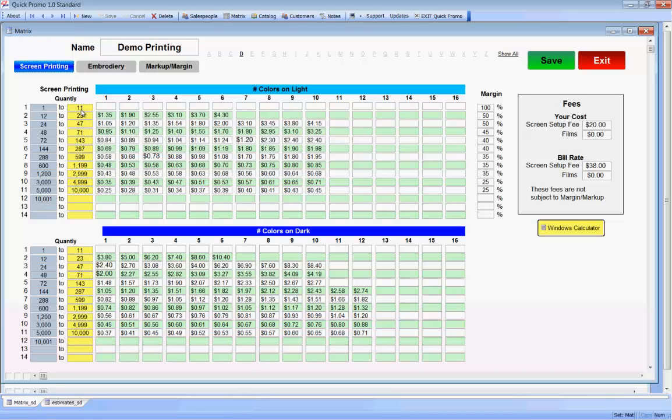So in this particular deal, we're saying any quantity below 12, we're not going to show prices as being available. Our printer won't do it. Then we start coming down through here and putting in the prices. We've got a set of pricing for light color shirts and a set of pricing for dark color shirts. The reason they do this is that a lot of times it's just too complicated to explain to people that when you print on a dark shirt, you might have to have underbase screens and all that. So having the printing on light colors and printing on dark colors matrix